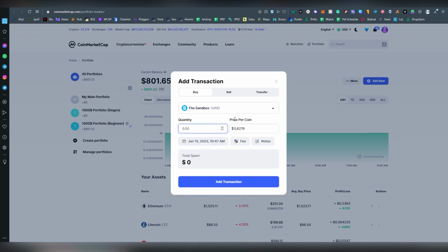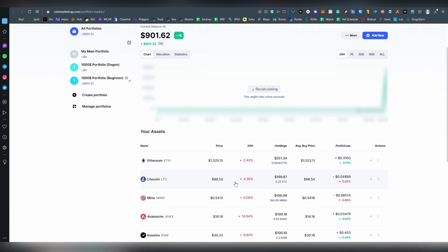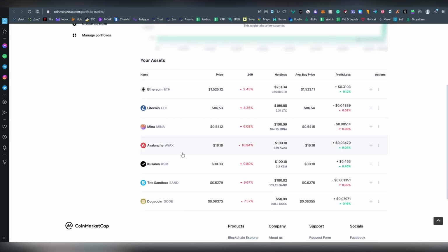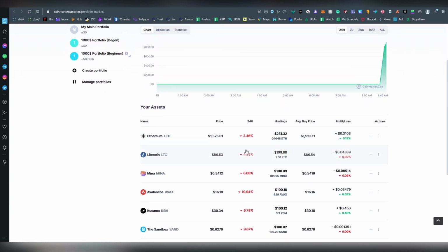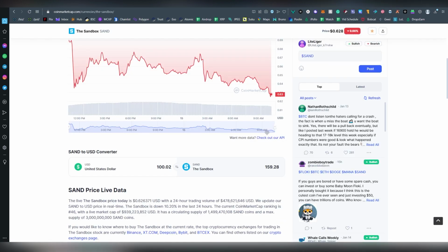And I think there's like a 6 to 10% interest on Sandbox, for example, for staking it. And Ethereum has 6, and Mina has 13. AVAX, I think, is 6. Kusama 11. So you can get a lot of staking returns also on these assets throughout this 12 to 30 month period. Now we're going to be adding out the very last asset on our portfolio, and that is going